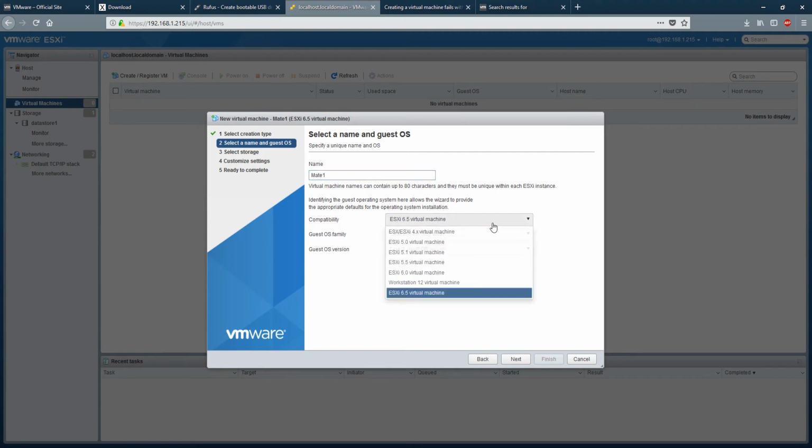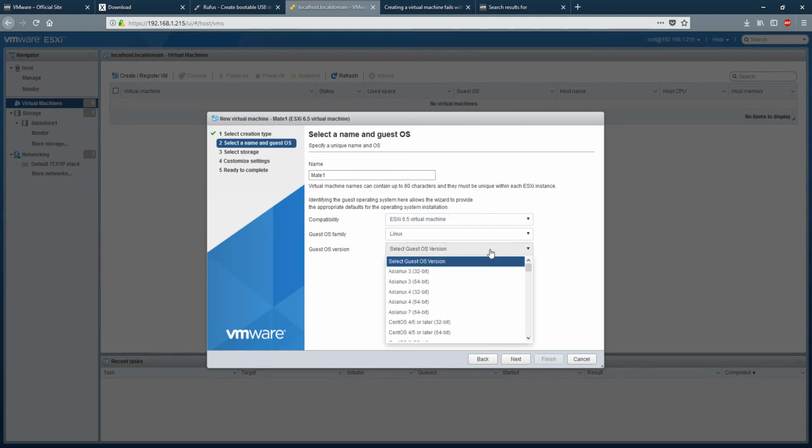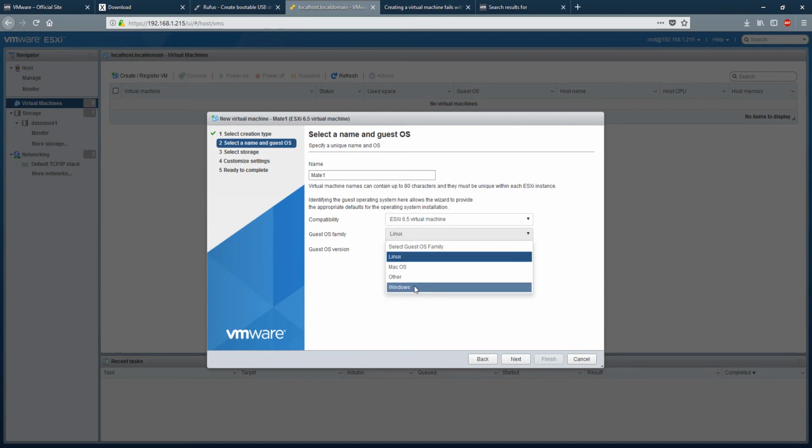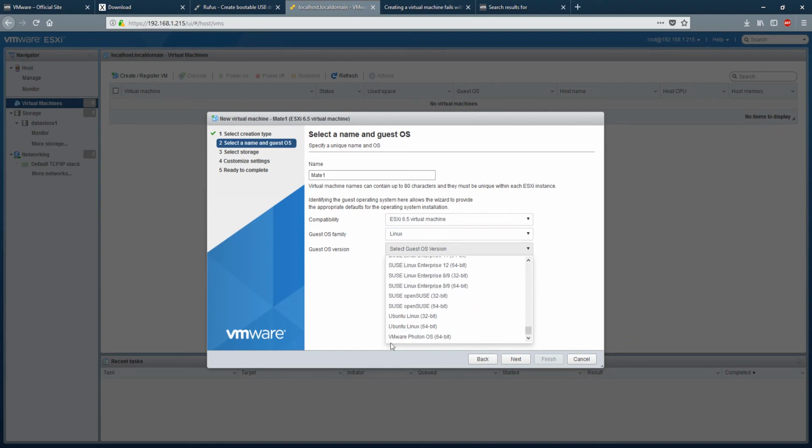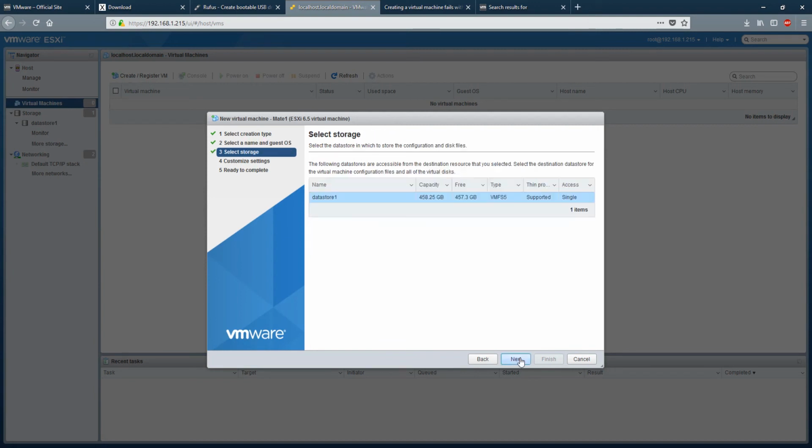So we're going to leave it at 6.5 because that's what I'm using. Select family, it's a Linux. Select, I like this part, which is just a couple of choices versus Sun. You have all the different versions of the OS like this instead of just one, but that's besides the point, I guess. So I'm just going to do Ubuntu Linux 64-bit. Click on next. Select the default storage, click on next,